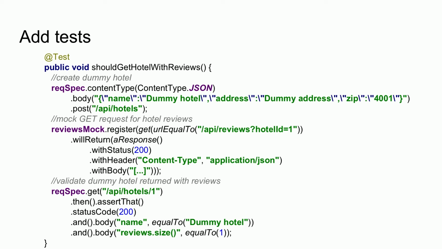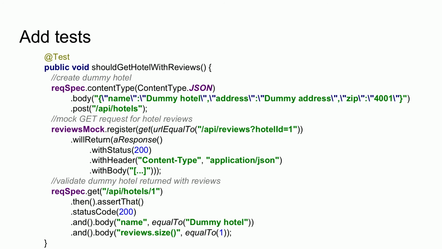Next test, a little bit more complex. This test tests that we get a hotel with reviews. So first step is the same. We create a dummy hotel. This is simple. But then we talk to the actual WireMock service that is also running in the container. And we